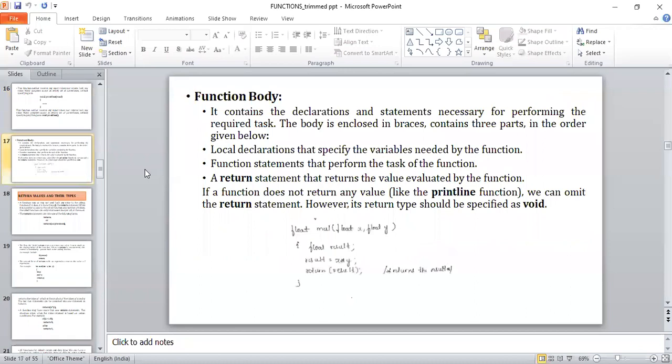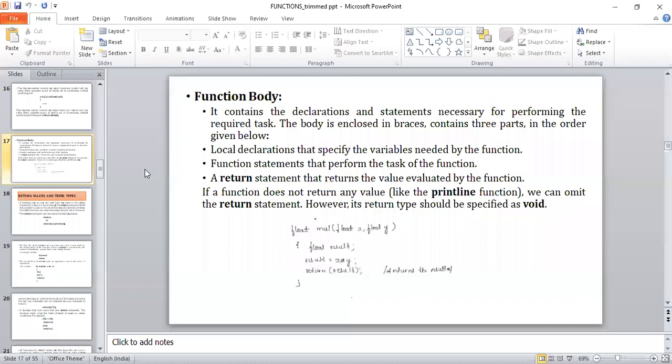Okay, and next is your function body. The function body basically contains 3 important parts, as discussed earlier. First one is the local variable declarations, that means the variables needed by that particular function. Those are nothing but the local variables.